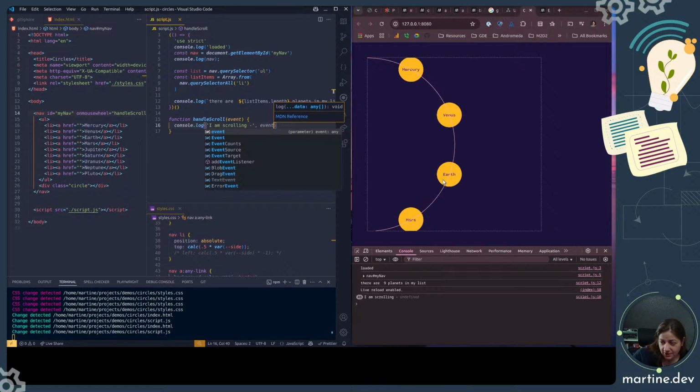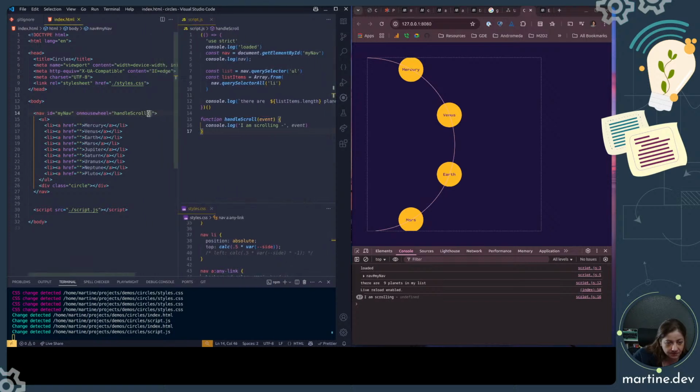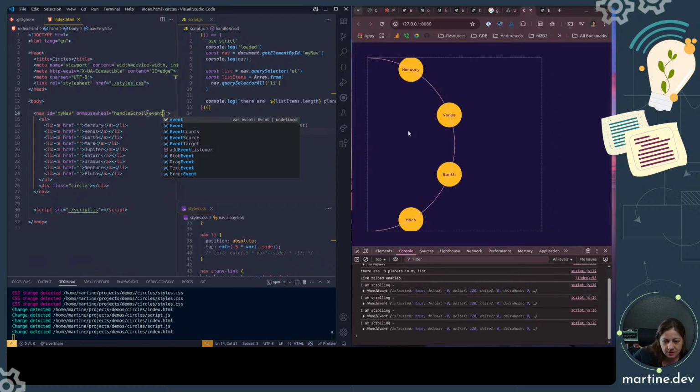Event is undefined. Great. Event is undefined. Why is event undefined? I don't think I need, I mean, event would mean nothing in this context. I guess it would mean something in this context. Okay, so we know